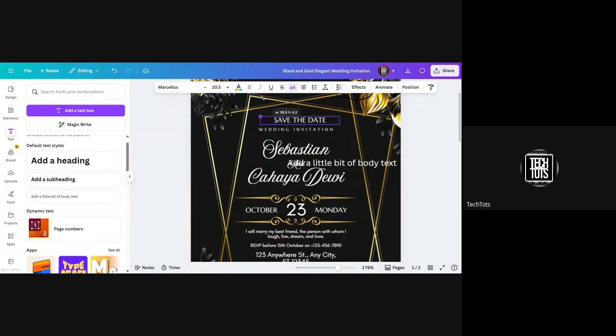So now imagine I just decide to do like this, like this. So the right thing to do is to get the exact font size. Because for instance, now this Save the Date, maybe I want to use this particular size of text in another place. What do I do? I'll simply duplicate it because I actually know the size here. But when I don't know the size, I would have to be going backwards and backwards again. So another thing is that if you use the bold sign for emphasis,